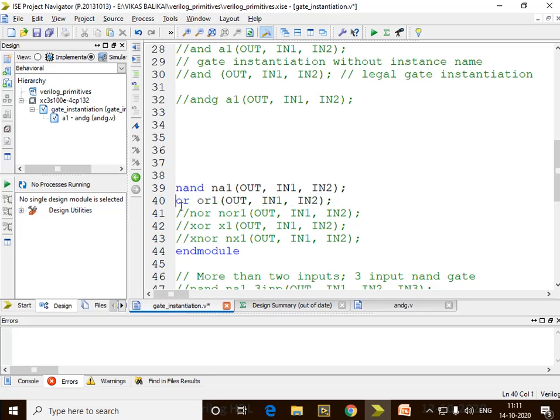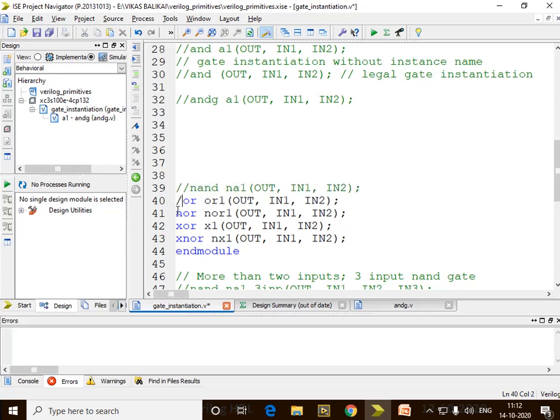Again, you can see the moment you say OR, it comes in blue color, and likewise NOR, XOR, XNOR. The moment you do something with respect to this particular NAND 1, then this is your gate. NAND 1 is no more a predefined primitive. It is a user defined primitive because it is coming in black color. Remember, blue indicates predefined primitives. Black indicates user defined ones. So it's always best practice to instantiate any gates, anything you write. So let's comment this out.